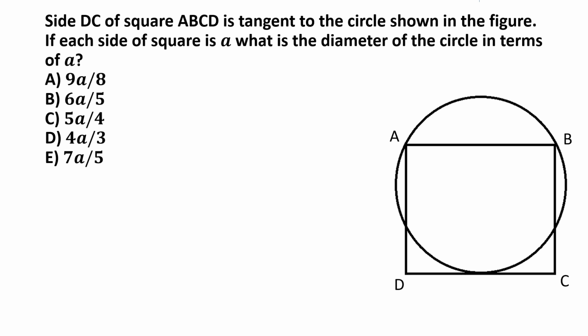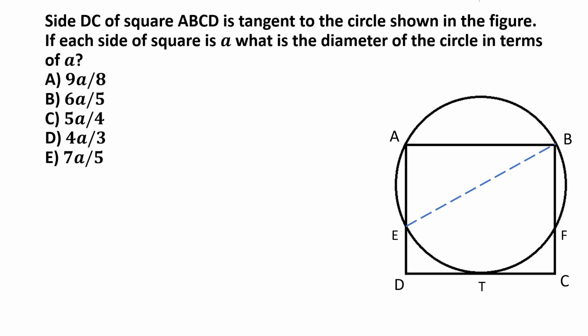Again, we will follow a very step-by-step systematic approach to tackling this problem. First, we start with naming some of the points. For example, let's call the points where the sides AD and BC meet the circle as E and F respectively. And let's also call the touch point where DC touches the circle as T. So if we join B to E by a straight line, I'm showing it by a blue dotted line,